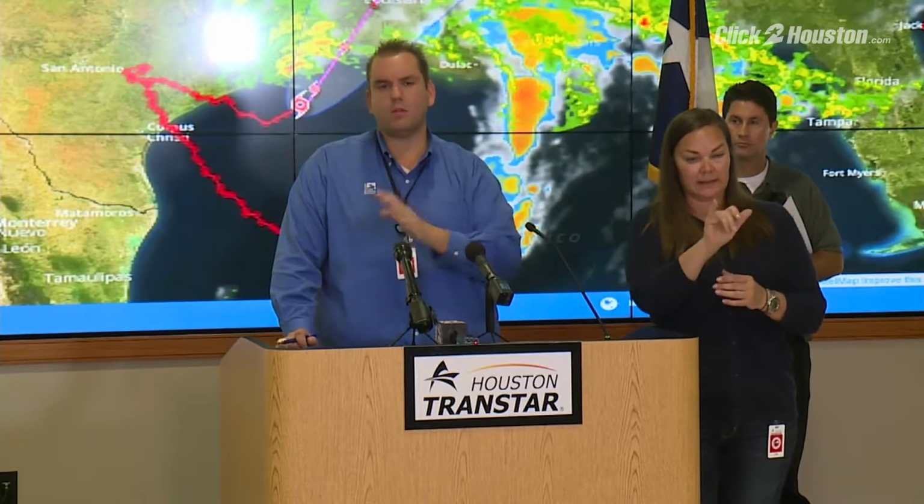Down Tanner Road, possibly as far north as West Little York. We've been looking at how far north this might extend. And we know it's going to go up Eldridge to some degree, possibly to West Little York, pretty much all of Tanner from Eldridge all the way over to Beltway 8. And then it is eventually going to, in some fashion, turn south between the dam and the Beltway and head down to Buffalo Bayou. Now, what that looks like and how that happens, as the Corps was explaining, is still a little bit